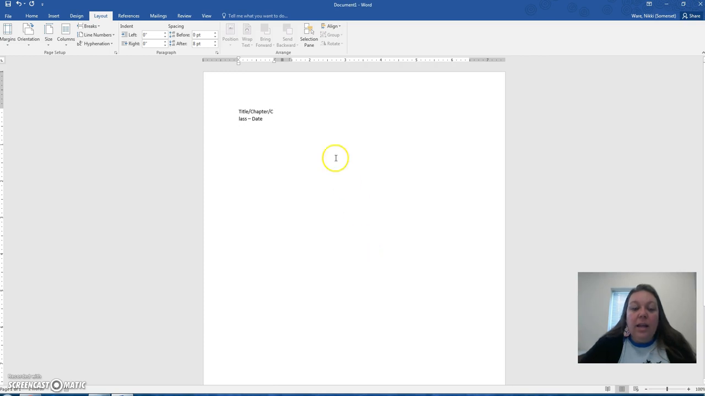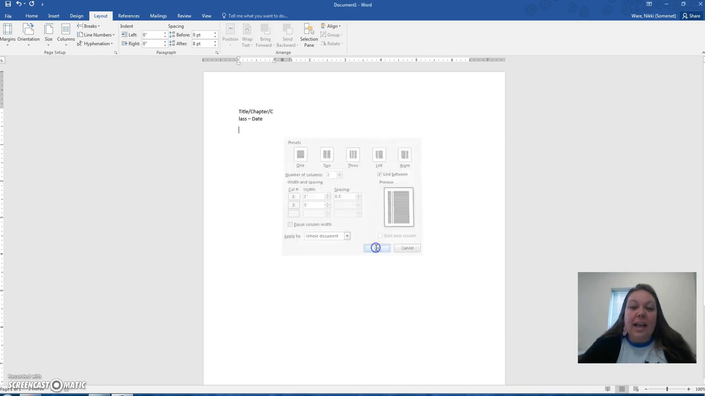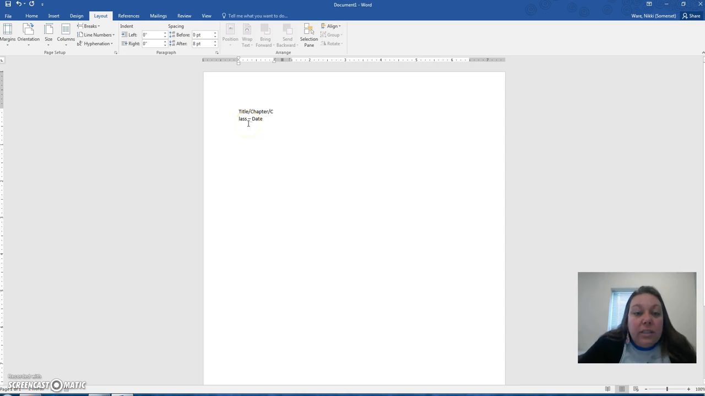Okay. Hit OK. And then as you can see here with this little gray, you can see a line, or you can see the divider. If you go back into the More Columns option, you have the option to select line between if you like that. And it will insert a